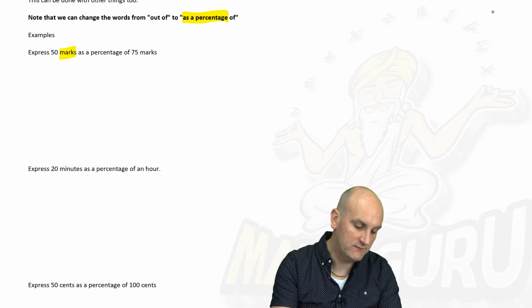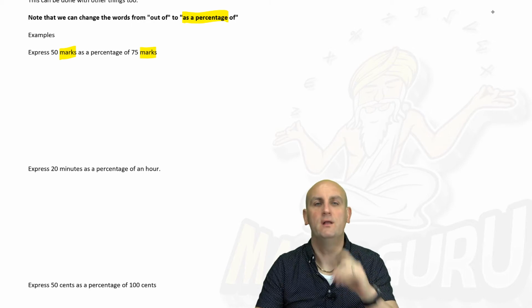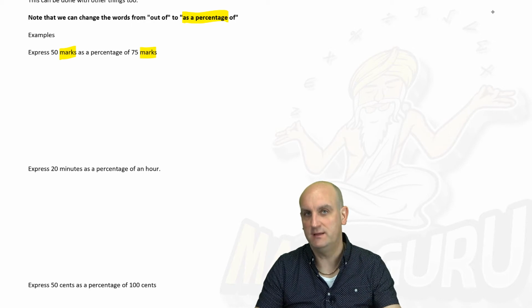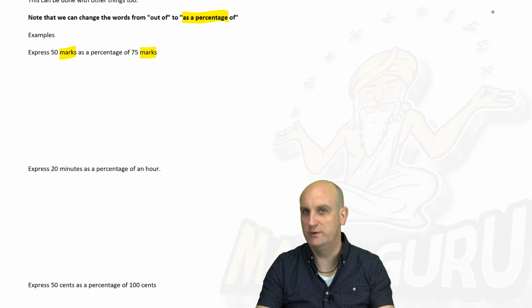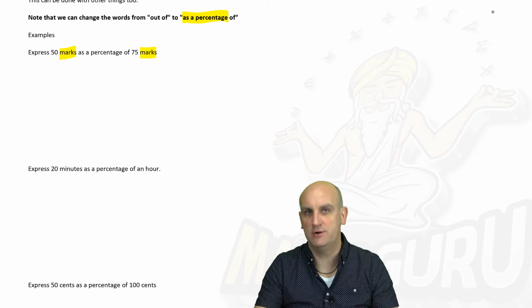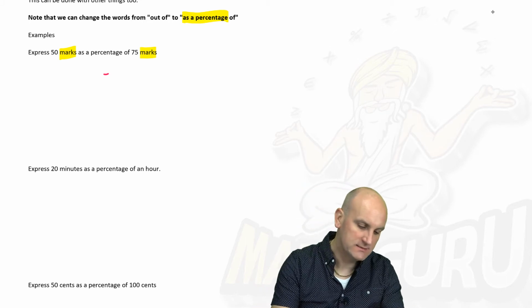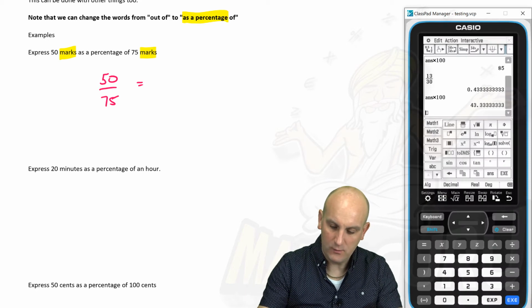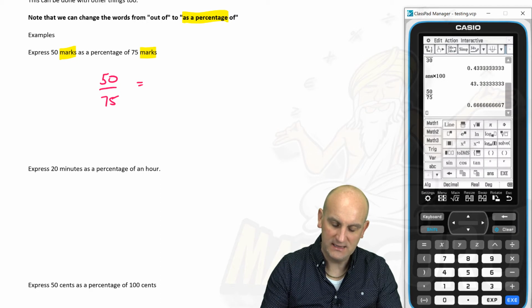Now, first thing is I've said marks in a very strange way. Why? Because the units of these things have to be the same. Shucks, mathematics, you trick me all the time with these units things. Yes, we do. So 50 marks as a percentage of. So that's telling you make a fraction and then turn it into a percentage. So 50 divided by 75. Fire up my calculator again. I don't know why I actually put it down, probably so I could get my big head in the way. 50 divided by 75, hit enter, gives me